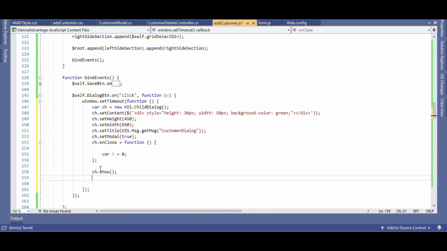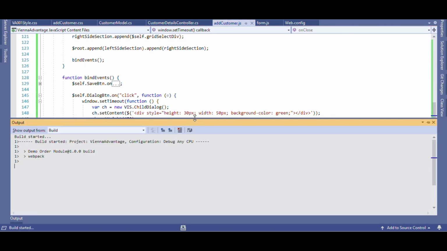ch.show. Then we will display the child dialog and ch.hide buttons. By default, this child dialog has OK and cancel buttons. It's up to us whether we want to see those buttons or not. Here, I will just build this code